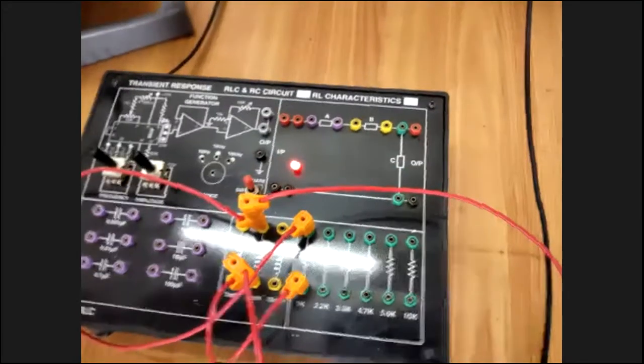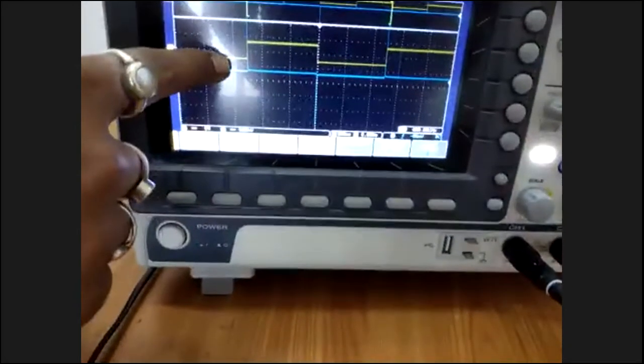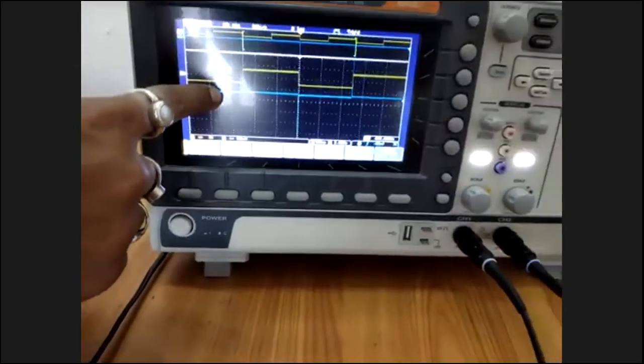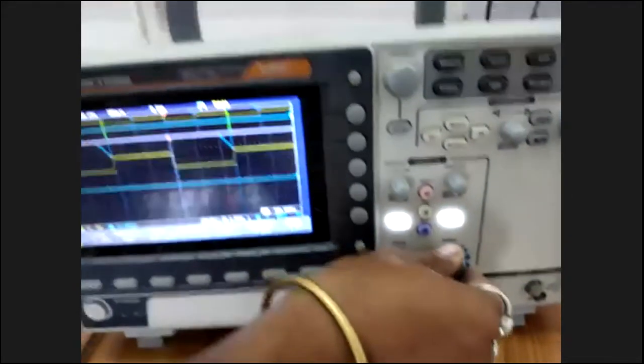So on the screen, you can clearly see the yellow signal is the input signal, and the blue signal is the output signal. Okay, so if I increase it a little bit,